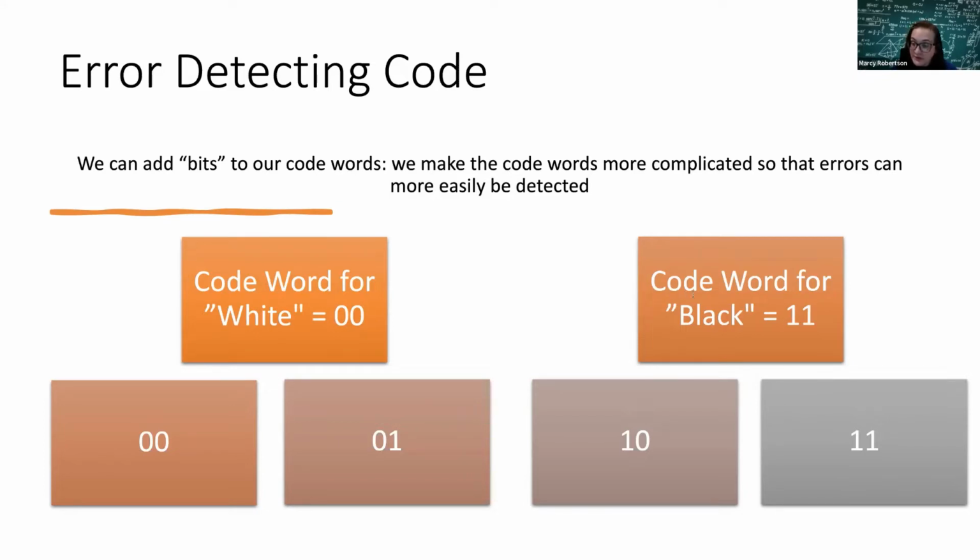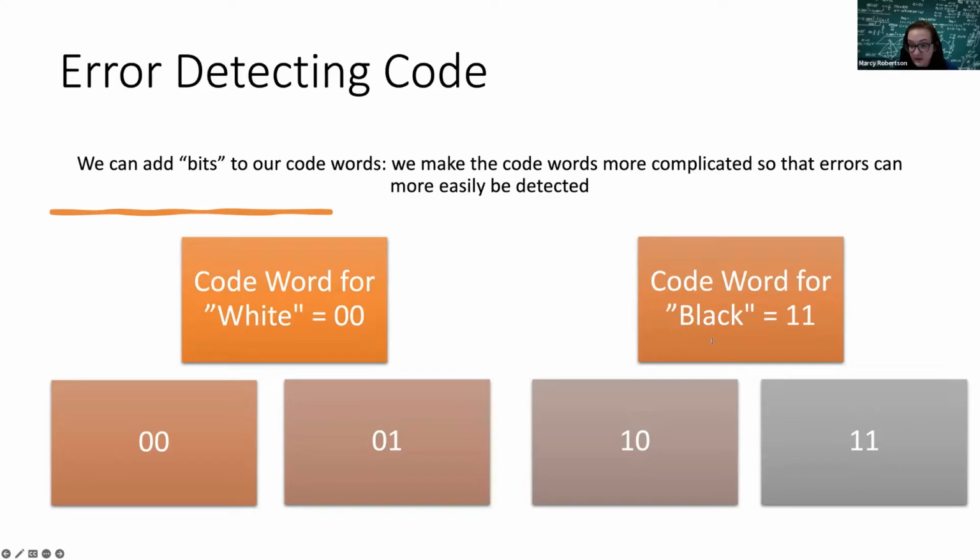So my friend will receive a series of 2-bit words, and they have the choice of what they can receive. They can receive 0, 0, 0, 1, 1, 0, or 1, 1. These are all possible 2-bit words that they could have. Now, if you receive either a 0, 1 or a 1, 0, you're going to know that something happened along transmission. Some noise in our transmission line caused an error because 0, 1 is not a valid code word, and